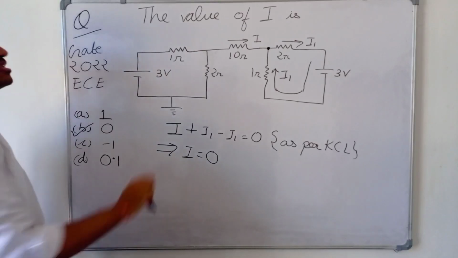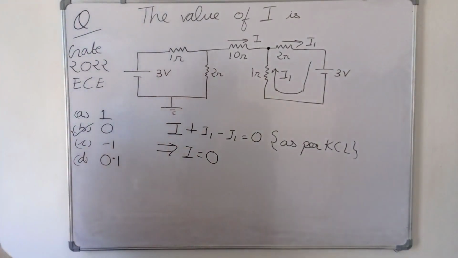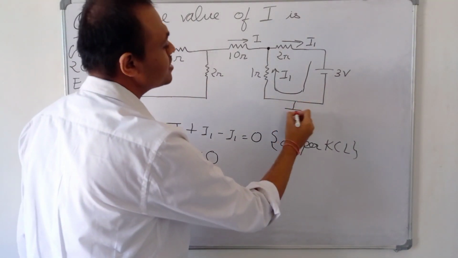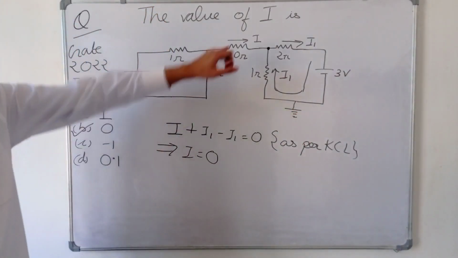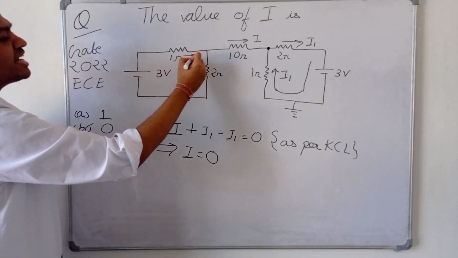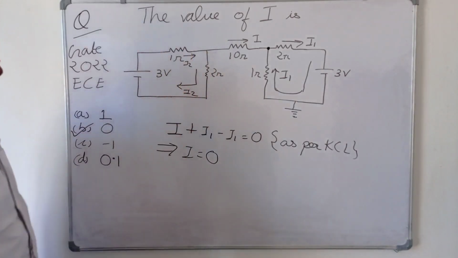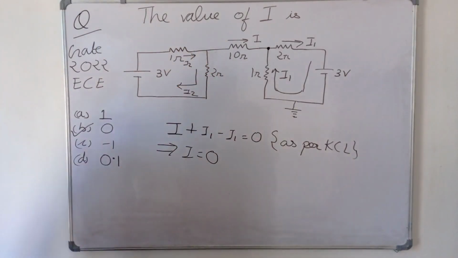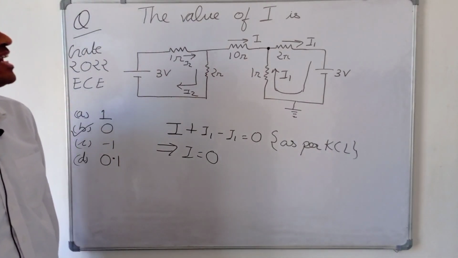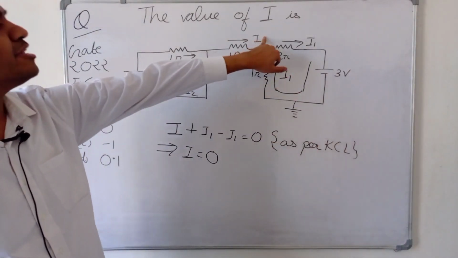Even if the circuit was like this, see, we have already solved it. Now let's say the ground was not here, the ground was here. If suppose the ground was here, then also the value of I will be 0, because the same current will be flowing through this. Let's suppose this is current I2. Then here also the current I2 will be flowing, because these three are connected in series. So the same current must be flowing through all of them. So even if the ground was here, then also I will be equal to 0.